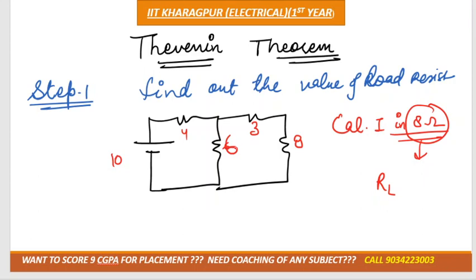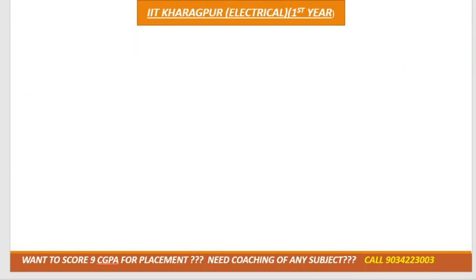If they ask you to calculate current in 6 ohm, then 6 ohm is your load resistance. If they ask for current in 4 ohm, then 4 ohm would be your load resistance. Okay, understood? That is step number one: find out the value of load resistance. Here the resistance is 8 ohm. Step number two,